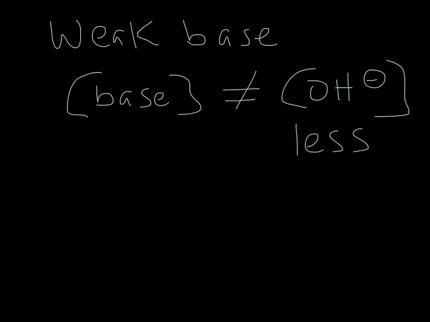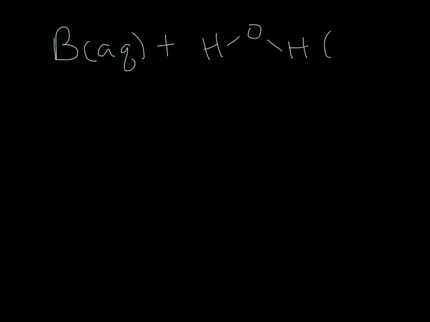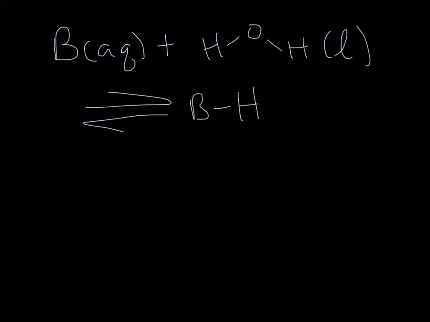And because these are not equivalent, I'm going to need to do an ICE table to figure out how much of that OH minus has dissociated in solution. So let's look at an example of a weak base, and I'm just going to do a generic base. So we'll do some base, aqueous, plus water, and that's a liquid. And I put equilibrium arrows because this is a weak base, is going to give me BH plus, so my protonated base, it has accepted a proton, plus OH minus